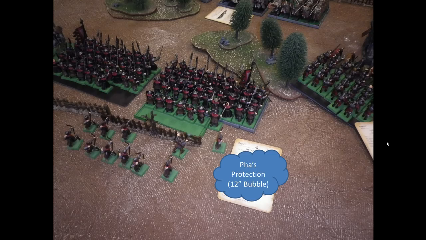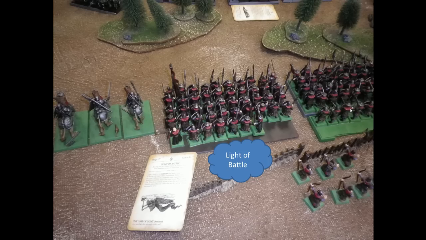And then I also get off the Fast Protection 12-inch bubble, so if he does decide to charge my flank, if somehow I get stuck in one of those dogs, which is probably impossible, but I will have -1 to hit, which is always nice. And I did manage to also get off Light of Battle here. I think I rolled a double